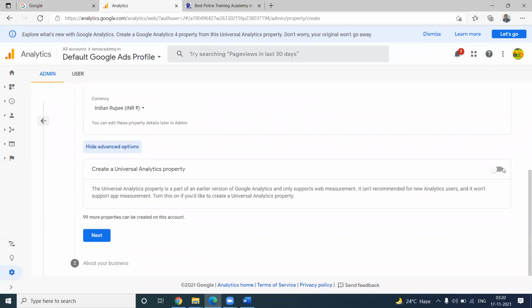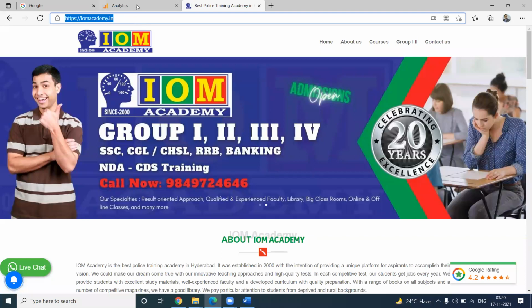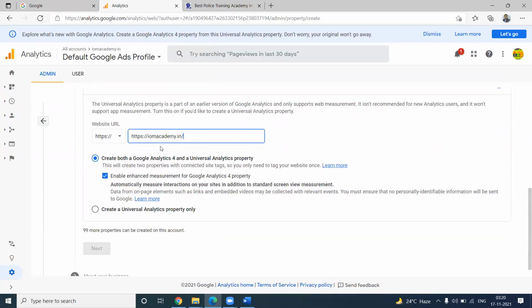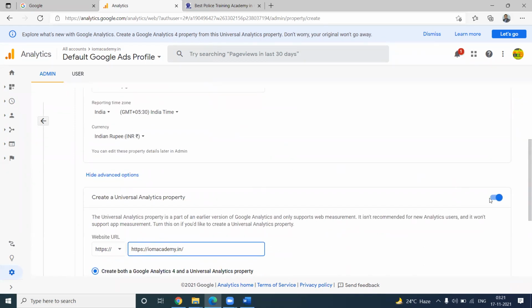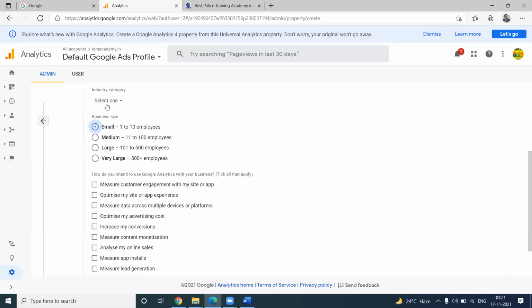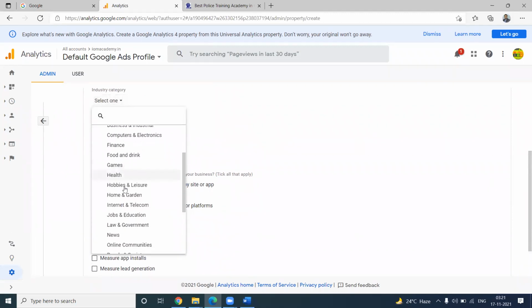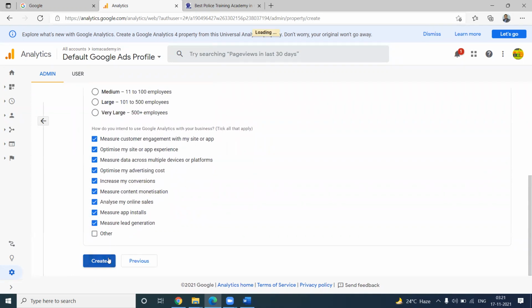So, advanced option, select it. Here you can create both Google Analytics 4 and Universal. I'm not looking to create a universal analytics property. Next, we can select the industry. Create.